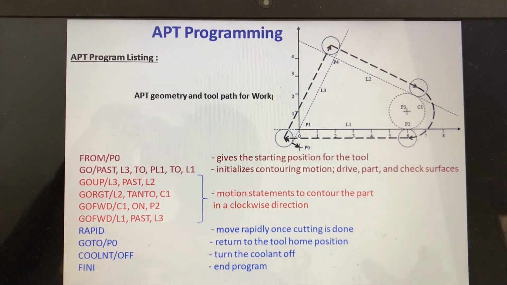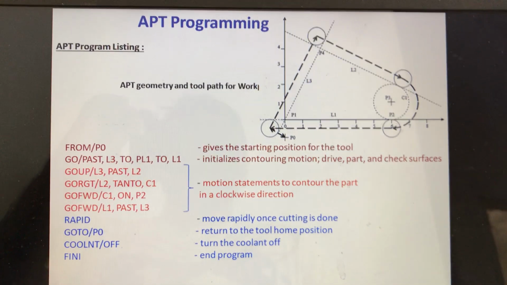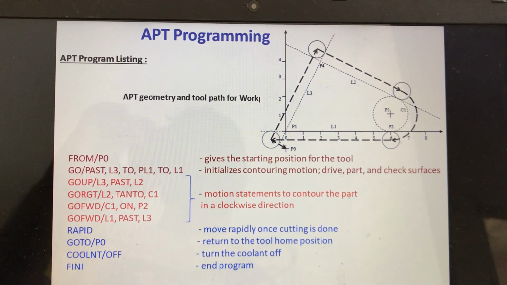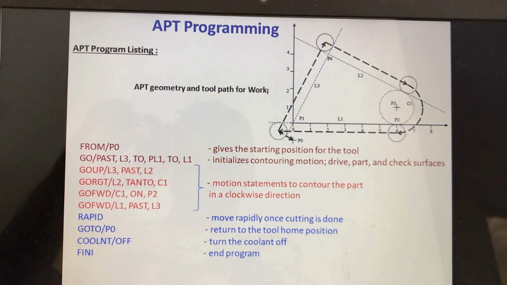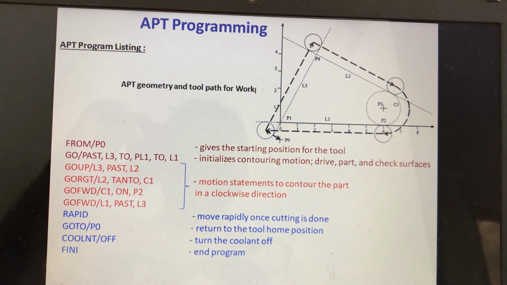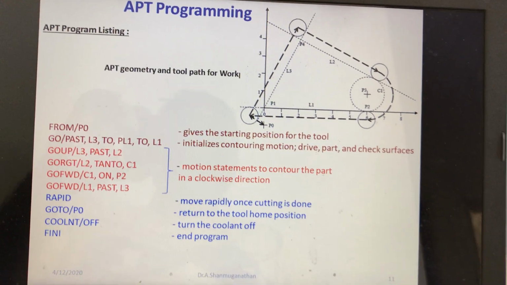So APT programming is a different type of programming instructions for machining operations. The main thing, APT programming has 4 phases. One is geometric statements, other is motion statements, next is post processor statements, next is auxiliary statements.